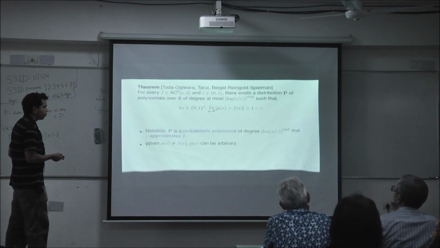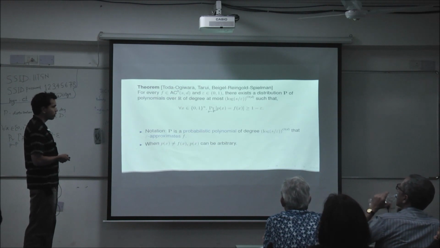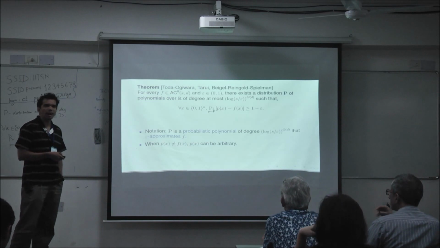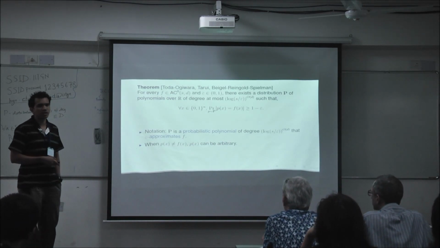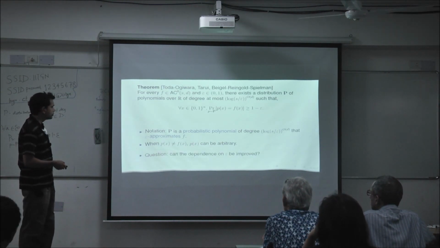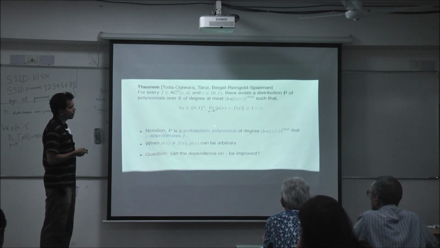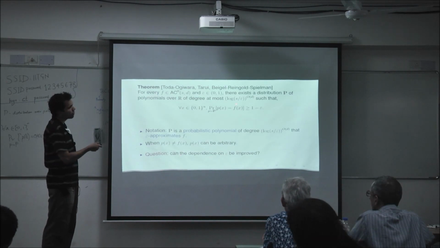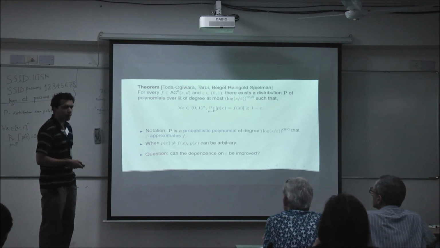Okay. So what we've done is that now, as a result of all this, we have a probabilistic polynomial of degree polylog s that epsilon-approximates f. And again, this polynomial has the same kind of bad features: when it's not getting f correctly, it can actually take some arbitrary real value. That can be bad for reasons. The question that we started off with is, in general, can the degree of this polynomial be improved? In particular, we are looking at the dependence on epsilon.